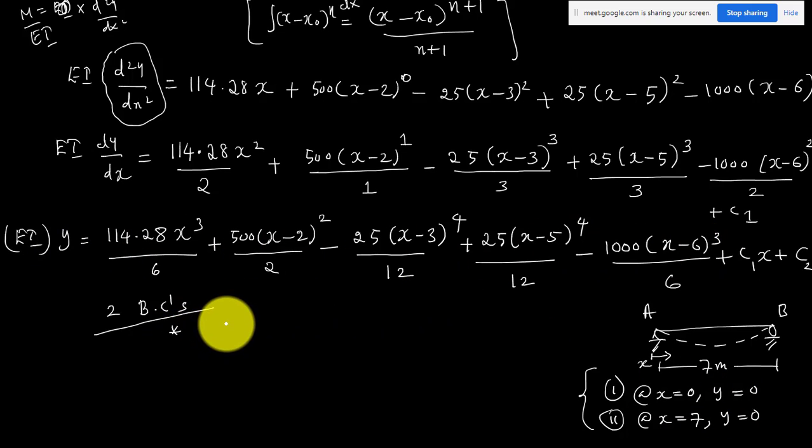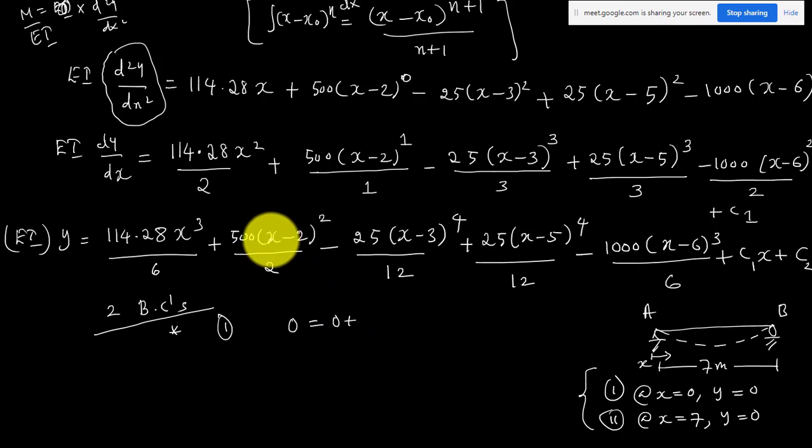First I will apply the first boundary condition. At x equal to 0, your deflection is 0. If you substitute x equal to 0, the deflection y is 0. So 0 equal to x cube, so this term will become 0. Then what will happen to the next term, x minus 2? That is 0 minus 2, which is negative, and for negative we have to apply that property. Since y is 0 already, 0 equal to 114 into x cube, 0 cubed, so that term is 0.